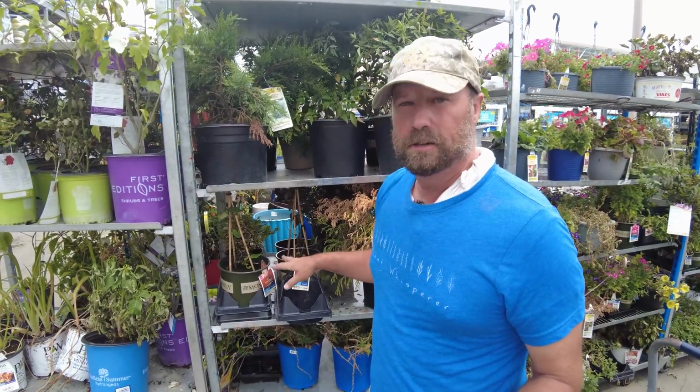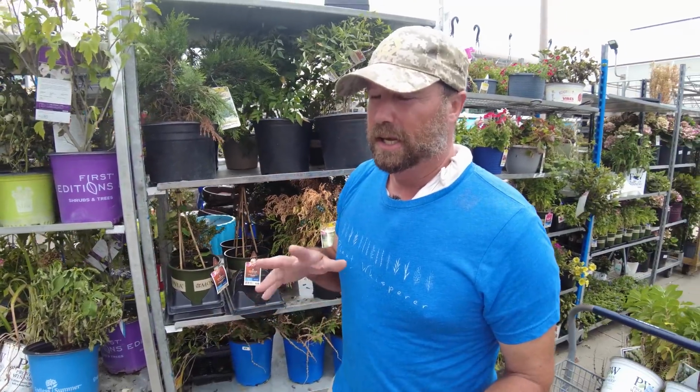There's 2 clematis here. I'm gonna put them back. I feel like I might be doing very, very dumb things with my money. Not dumb things, but